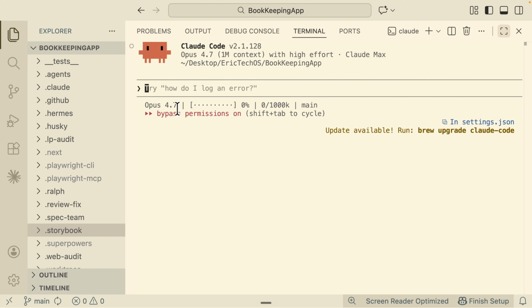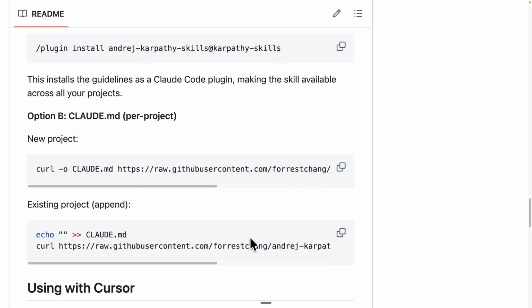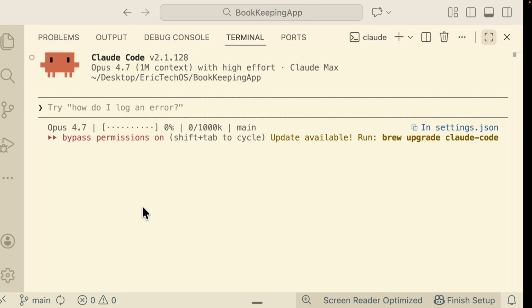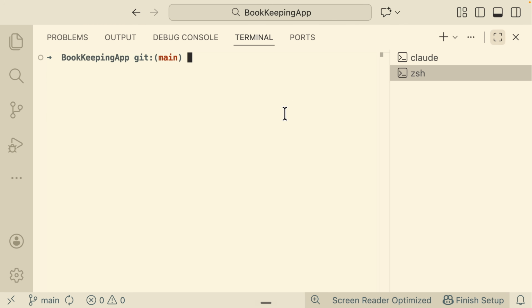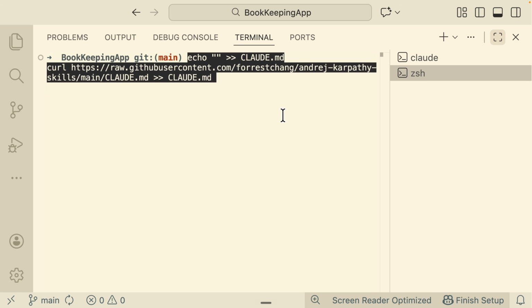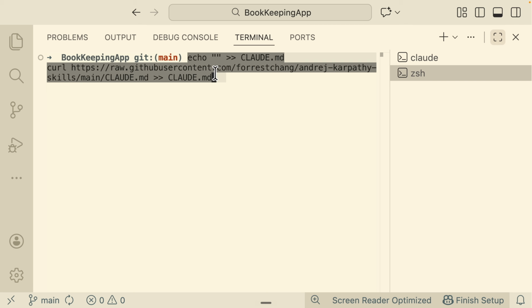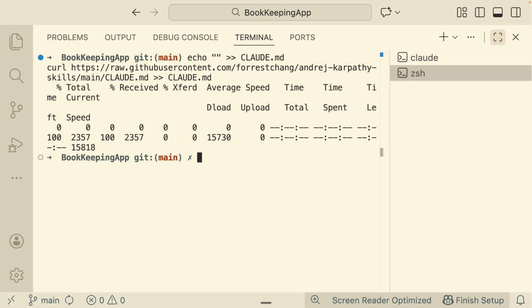And what I want to do here is install this onto this project and see how it works. Now, in order to install this, all I had to do is copy this command. It's going to install this on an existing project. So here, I'm just going to come over to a project terminal, open your terminal, and paste that command here. What this command does is modify my Claude.md file by simply adding those 4 rules onto there. So in this case, I'm going to click enter, and you can see that it's going to modify my Claude.md file.